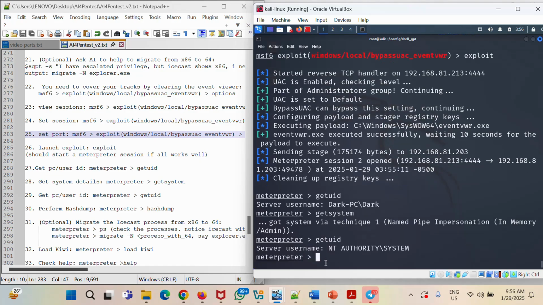Let's repeat the getuid. You can see now the name has changed from dark PC to NT AUTHORITY, which is the user with administrative rights. So we'll be running the commands now as NT AUTHORITY, not dark PC, going forward. So let's try